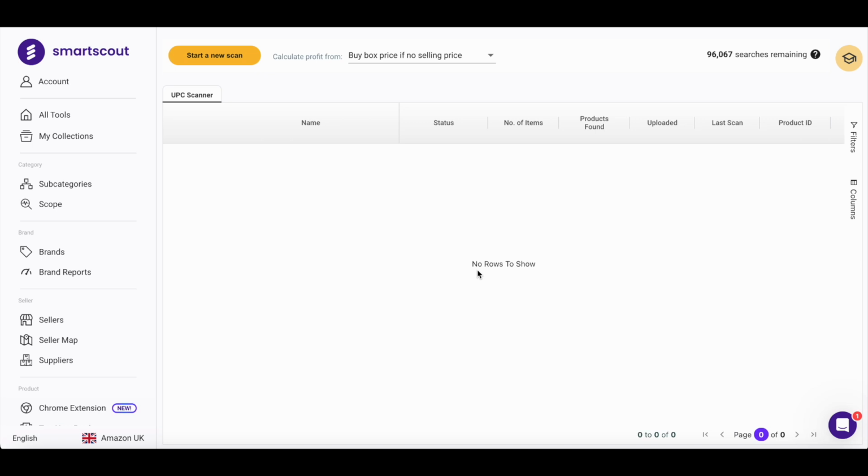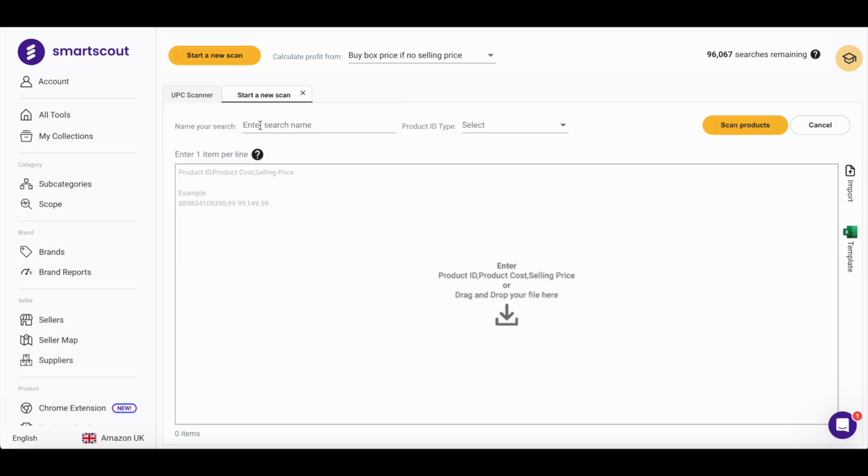In this playlist, I'll be going over how to use SmartScout for your business, how it can benefit your business, and how to use it. So first of all, we have the UPC scanner. The UPC scanner is essentially like an EAN scanner or an ASIN scanner for if you have price lists from wholesalers, etc. To start using the scanner, you click up here to start a new scan, and it'll open